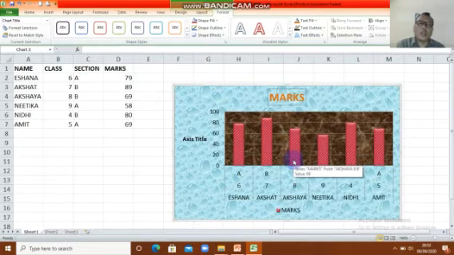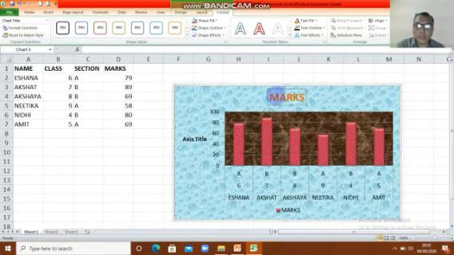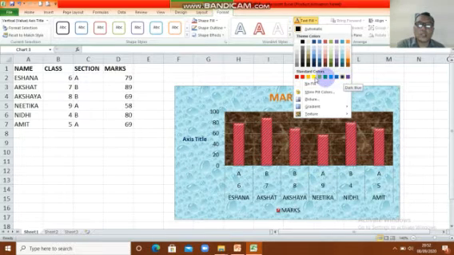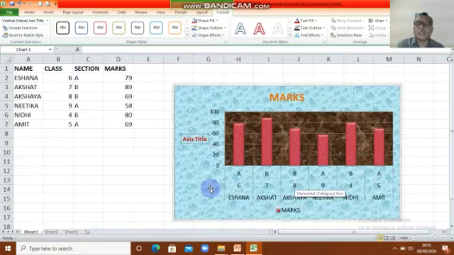That's the way or the step if you want to format, maybe the background, the chart, this one, maybe the chart title or the axis title. For example, this one, you want to change the color, click, and then choose text fill. Okay, you want to change it with, for example, this color. Easy, kid, how to format the chart.